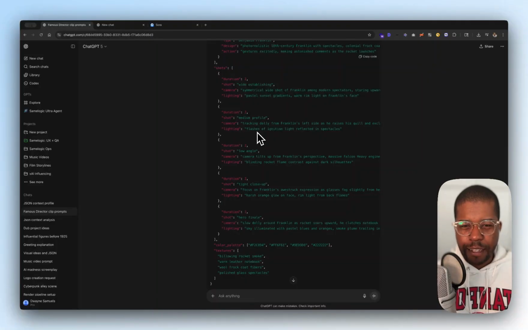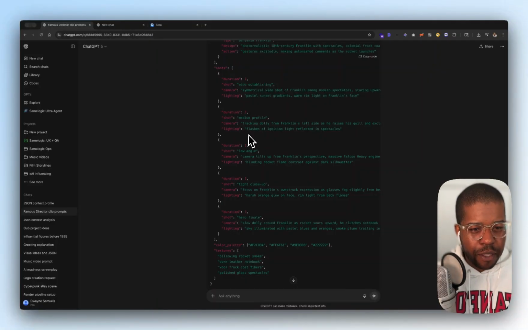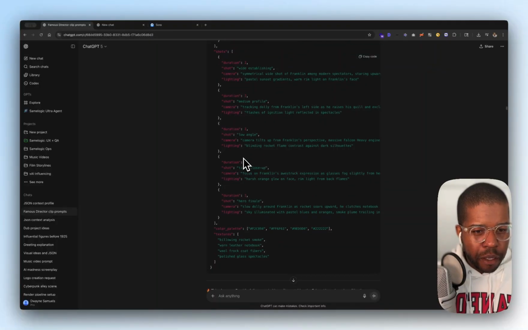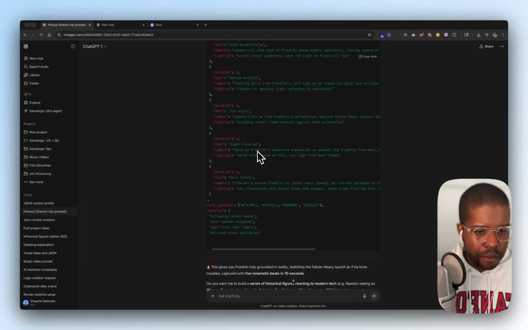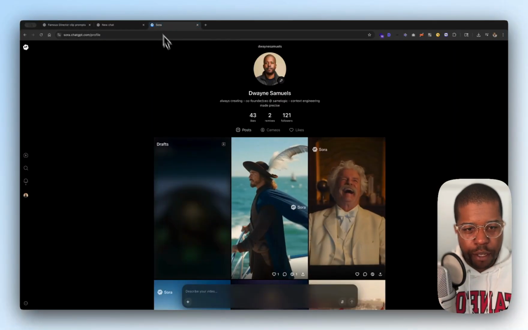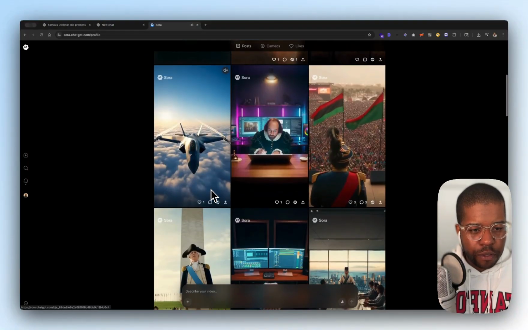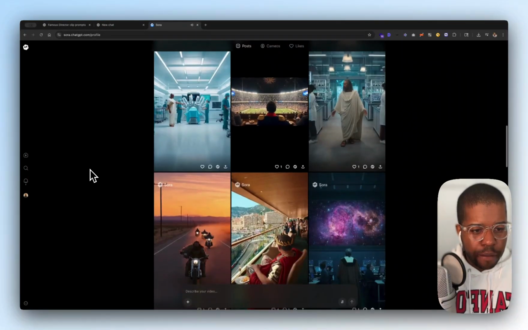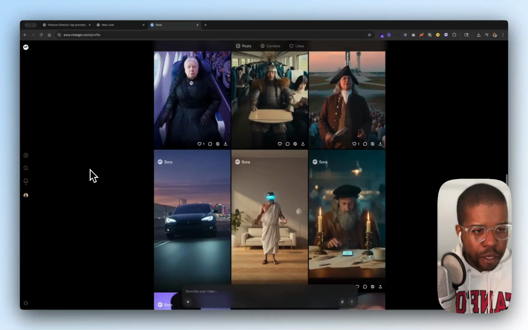So that's how you actually get that nice, big studio look. And then for the third shot, we wanted a low angle shot, and it tilts up from his perspective, and you can see everything here, right? So I'm just going to go back and show you exactly how this turned out, as we saw a little bit earlier. Let me go back here.